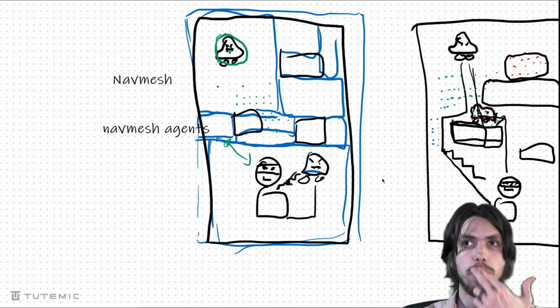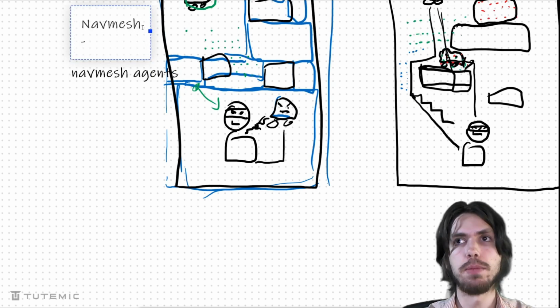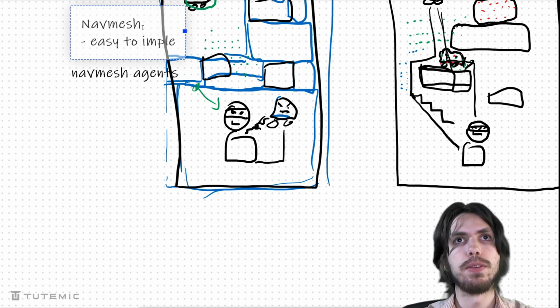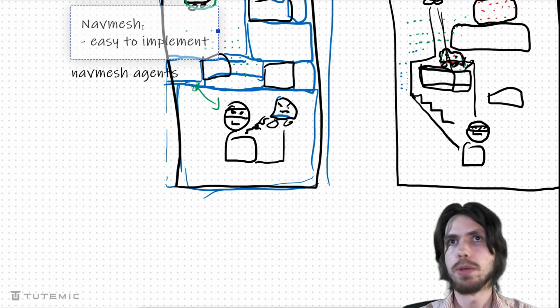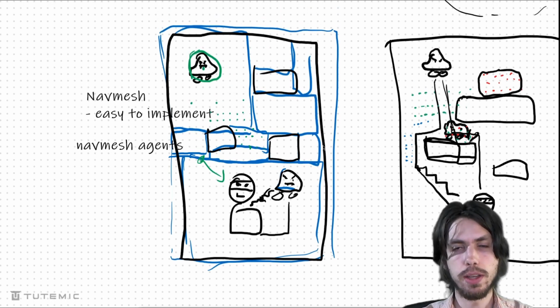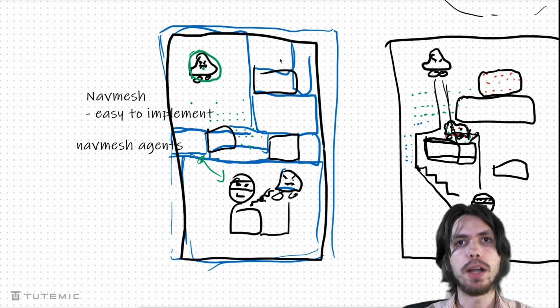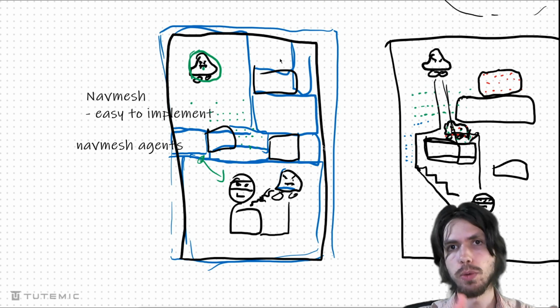But why this is so important to recognize is that it's easy peasy to implement in most game engines. All you have to do in order to implement it is choose your nav mesh. It depends on the game engine. Just draw a big old box, and then you determine what are the obstacles.